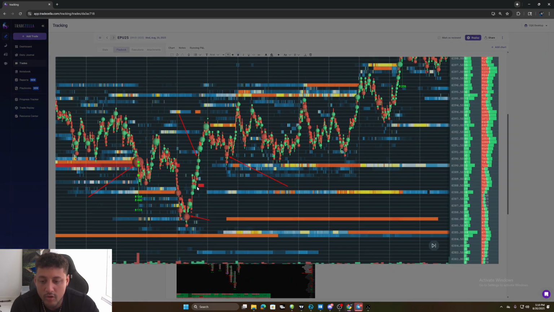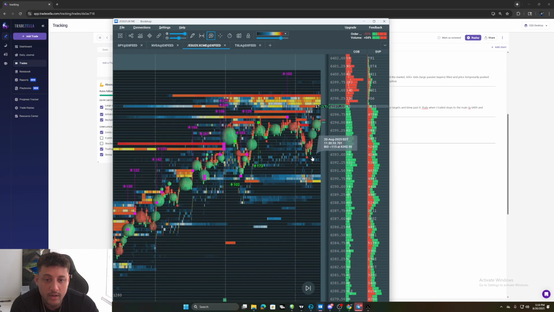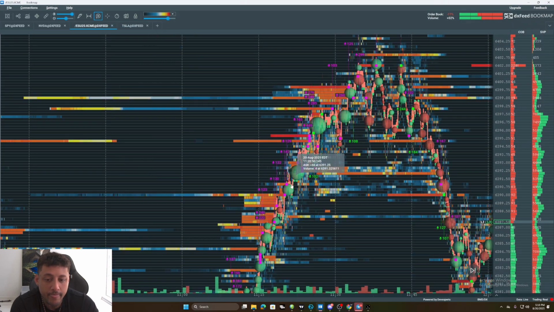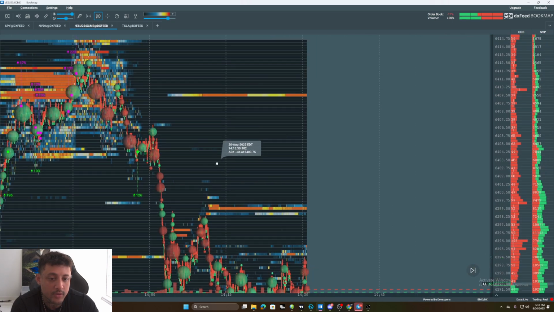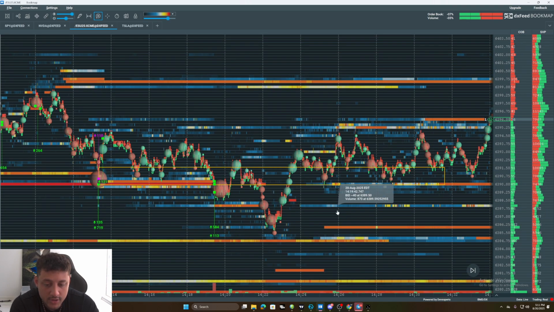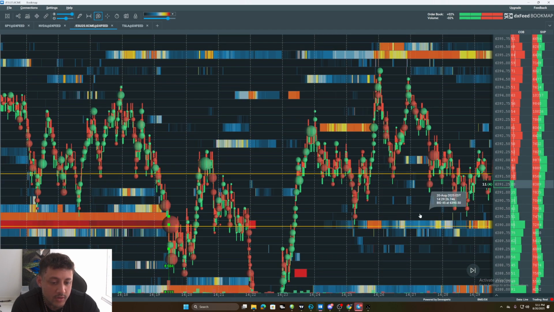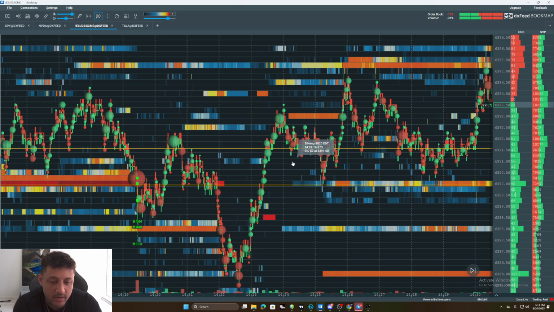So if we actually look at the order book here, as price is coming up, I'm going to go back on the heat map and go back to overall where we were, which is somewhere around this area up here. So you could see that aggressive selling was huge. If we look at the order book here, you can see there's not really many orders here. The opacity is kind of black, but as price starts to come back into this area,